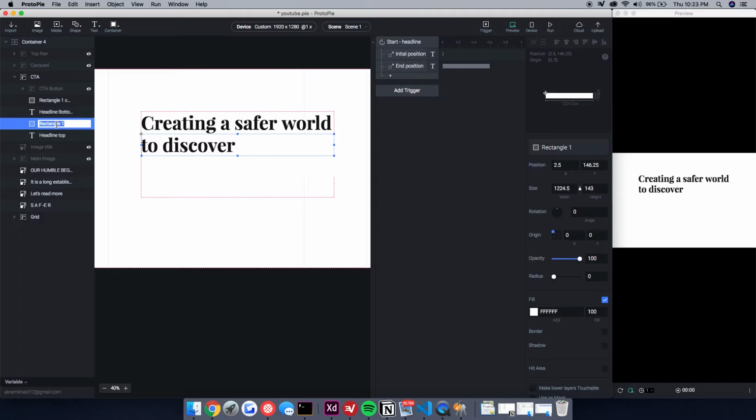So rectangle 1 was the cover, or headline top cover. We could go off that. Headline top cover. And our other rectangle 1 copy would be headline bottom cover. Perfect. So the headline bottom needs to be positioned under and then scroll up, and we'll